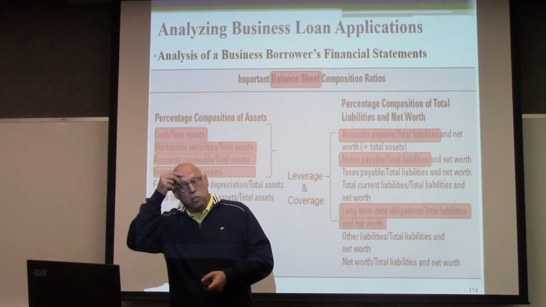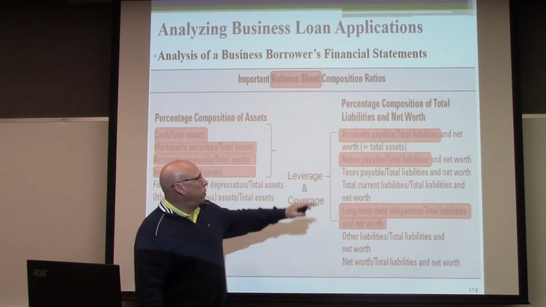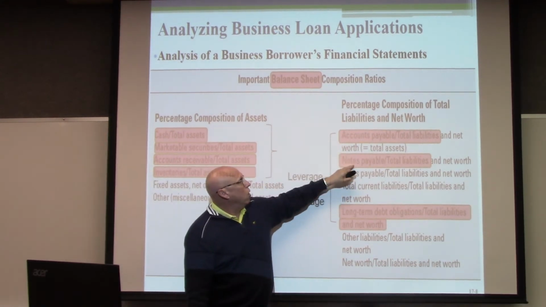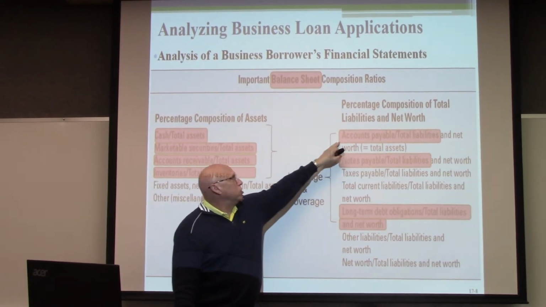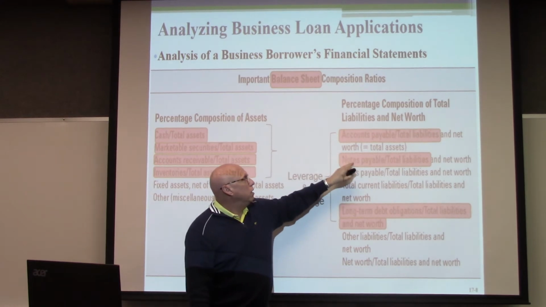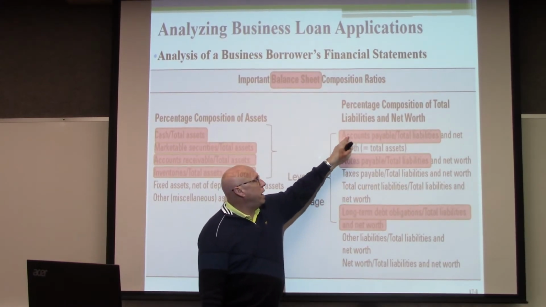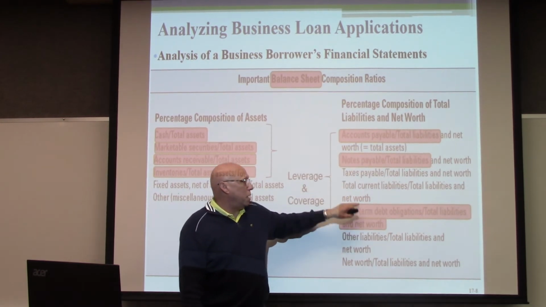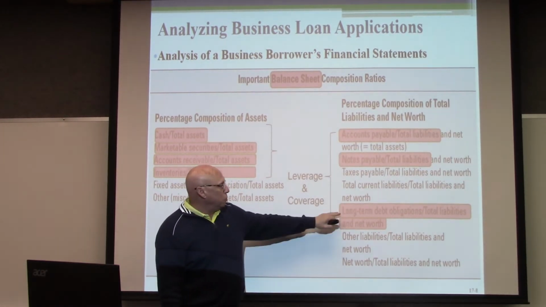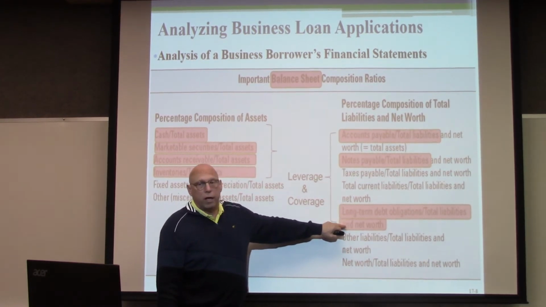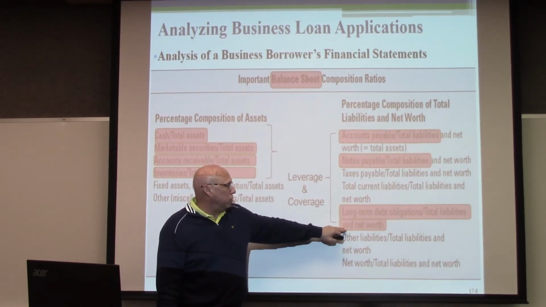How much notes payable? So the accounts payable, notes payable, this is what's available to pay, but these things are due. So does the company have enough liquidity to pay these things that are due over the short term? That's really important. Can they pay over the short term, and can they pay over the long term? Speaking of long term, how much debt do they already have on the balance sheet compared to their net worth and compared to their cash flow?